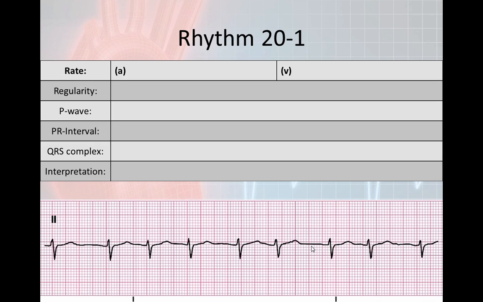What's more dangerous is that people try to find P waves when they're not there. And if you can't see a clear, distinct P wave, you have to question, is there a P wave, and start looking at a different rhythm rather than trying like crazy to find that P wave, because you'll end up saying that this is a sinus arrhythmia. There's no P wave, and you get the whole rhythm wrong. So the atrial rate